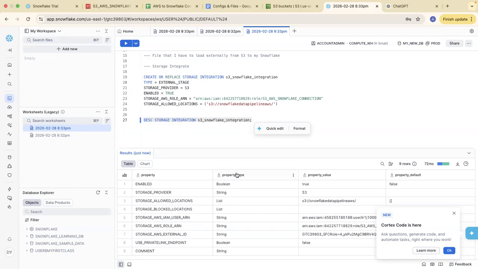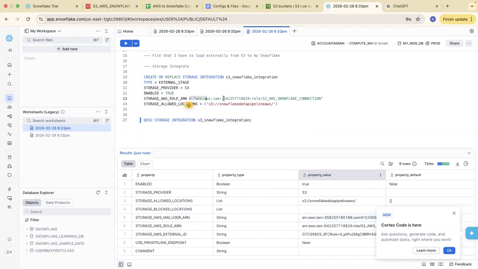Once I describe my integration, I will get two things. If you see here, I will get an AWS IAM user ARN. This ARN is required because from here also I have to connect with S3.